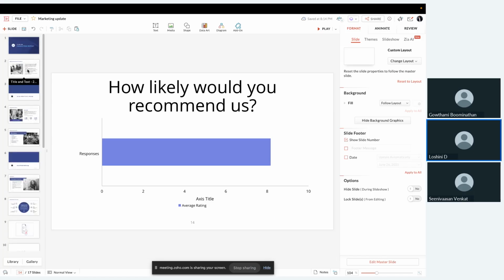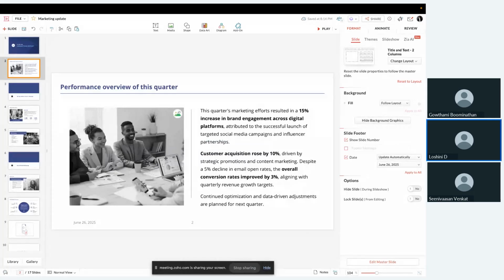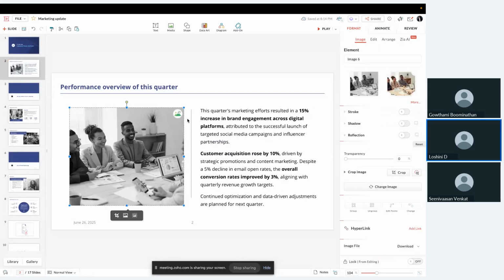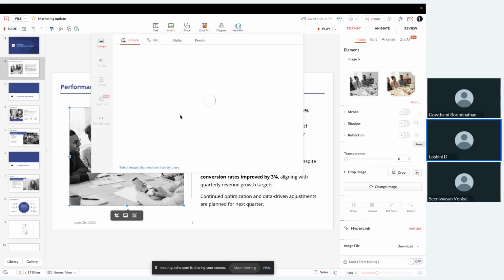So let's take the example of slide 2. Let's say I am not satisfied with the image here. With Pexels, you can also add new images and videos into your slide. But here in this presentation, I'm just going to replace this image. To replace this image, click on the change image icon in the top right corner. And from there,